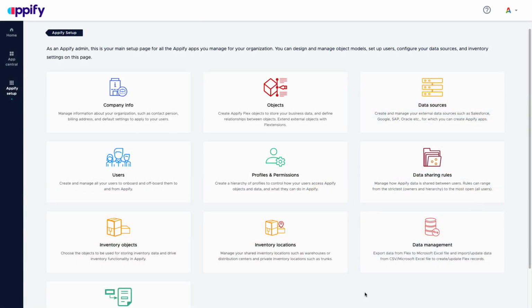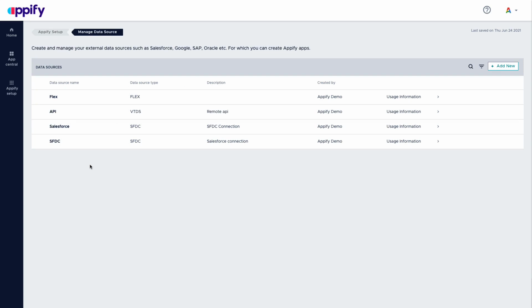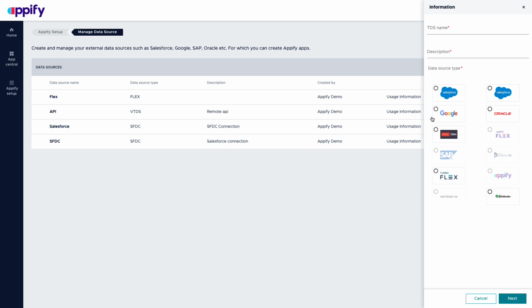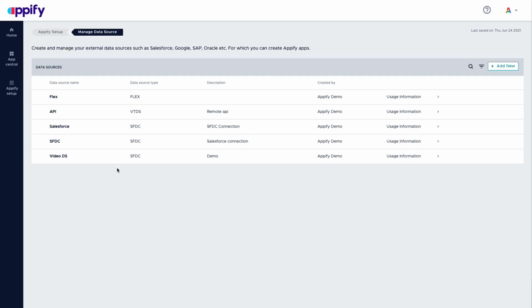This is Appify Studio, and this is actually the module where most of the underlying configuration takes place. Here we can access our data sources. We see the one that I created previously, and we can create a new one. You will select the appropriate connector to use. In this case, I'm going to use Salesforce. Enter some basic information. And once it's created,